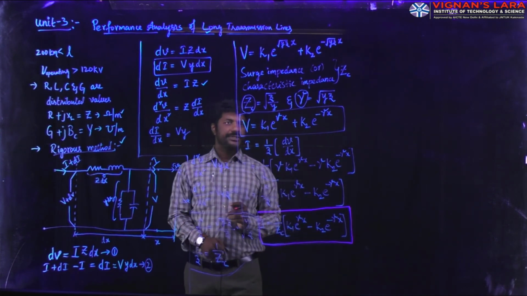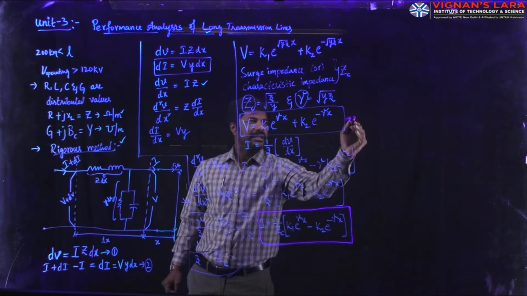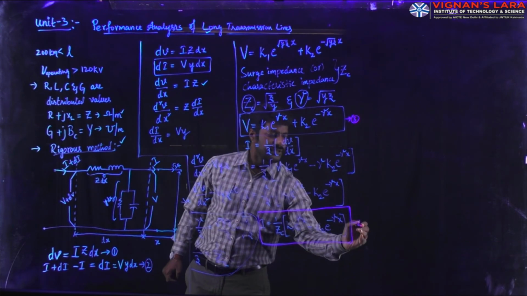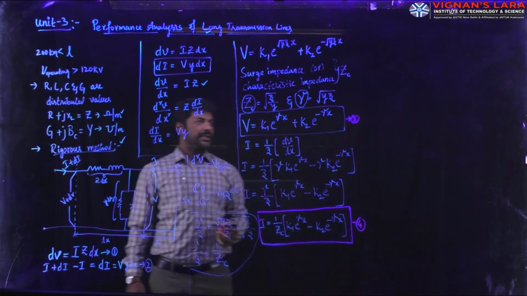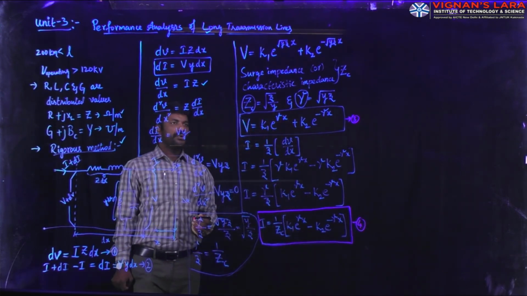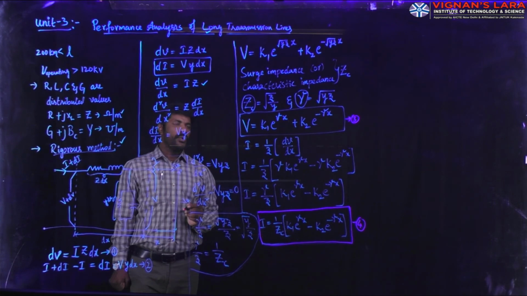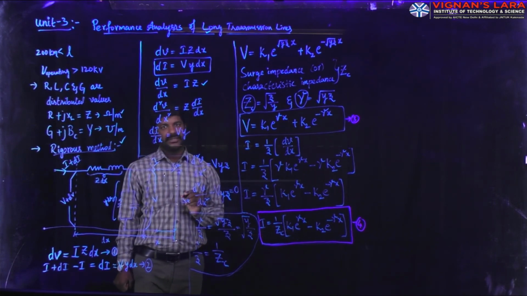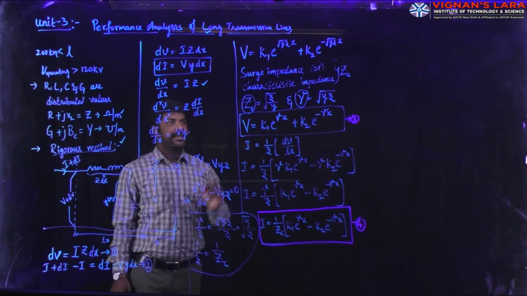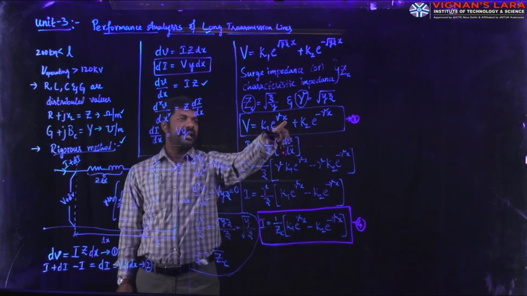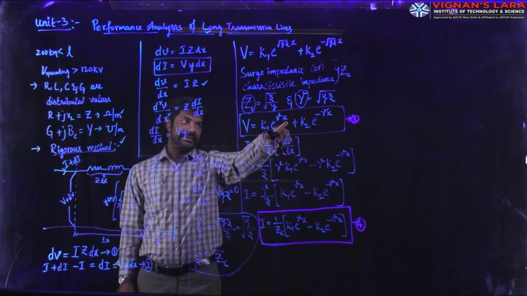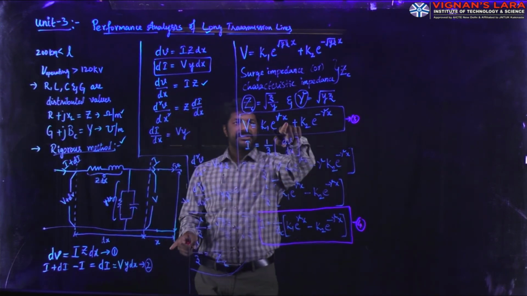Let these be equations 3 and 4. In these equations 3 and 4, we have to calculate the constants k1 and k2. For getting the constants k1 and k2, we use initial conditions. So what are the initial conditions? Here the variable is small x, which is the measured length. So initially the x part has to be 0.